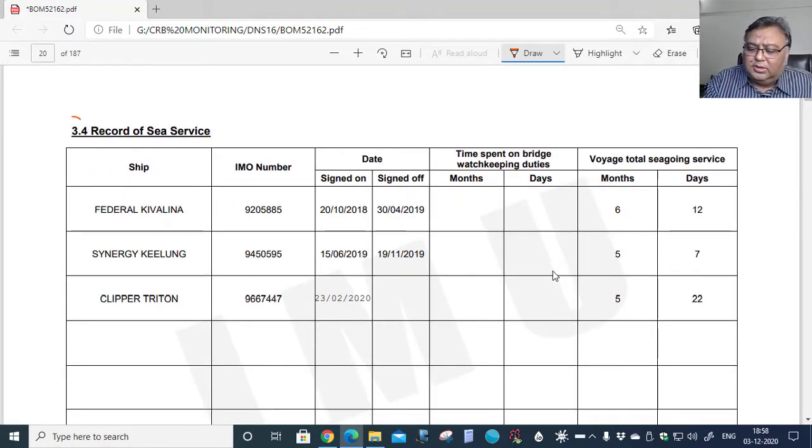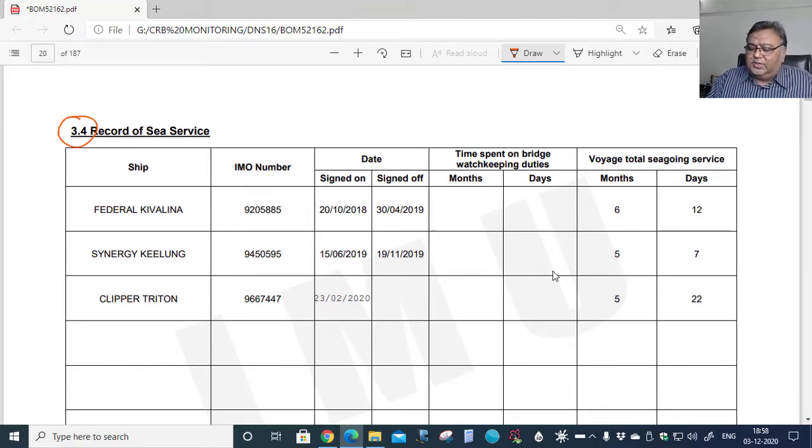Then here section 3.4 is about sea time. Of course, this cadet is still on the ship, has not signed off, but quite surprisingly, the sea time has been calculated. Alright, so please make sure that the sea time computed and the dates of sign on and sign off are matching.